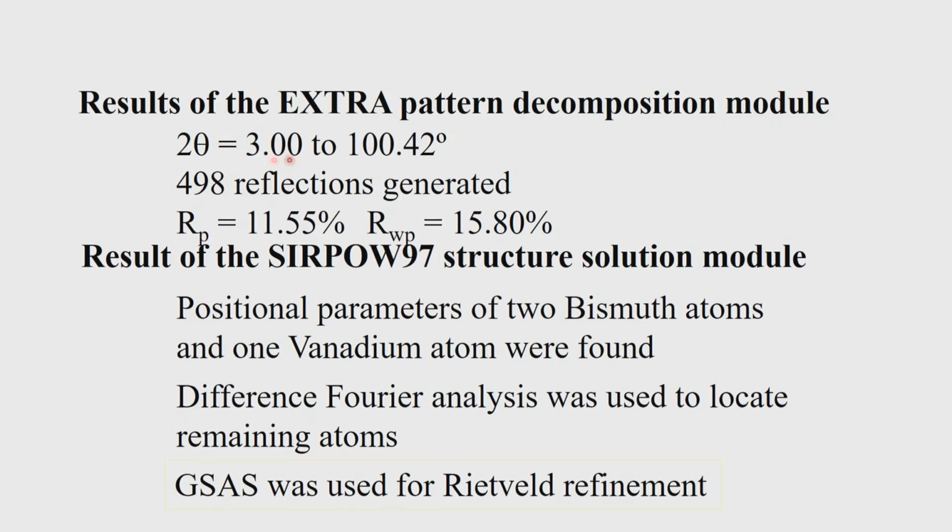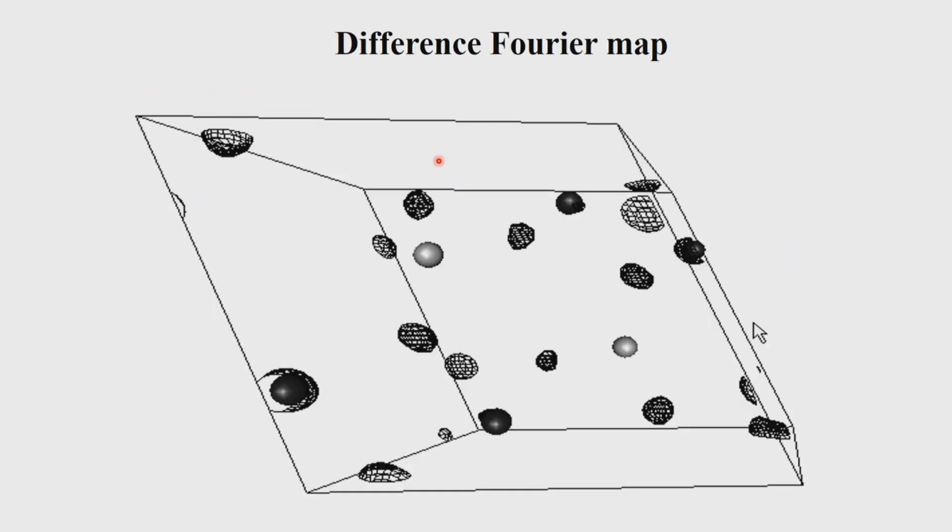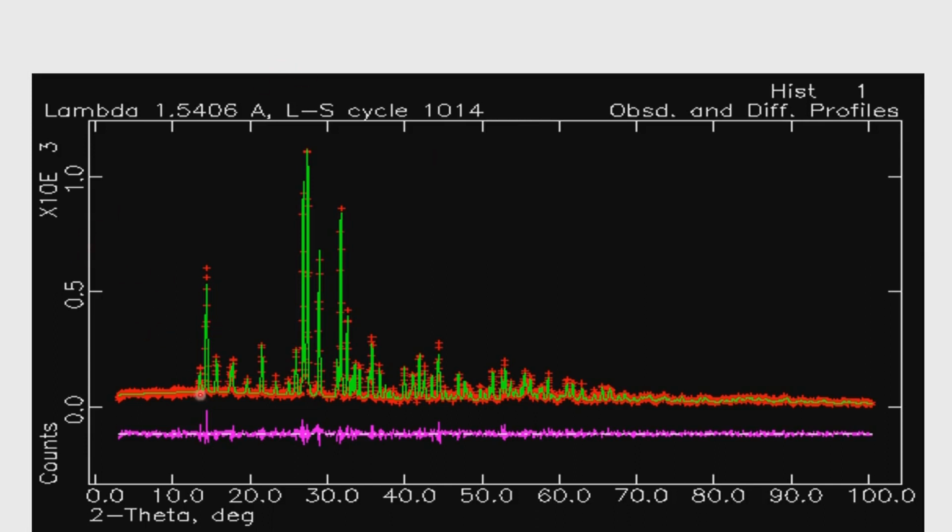This pattern decomposition is done in the following way. We consider the data from 2 theta 3 to 100.42 degrees, on a particular compound for which we have collected the data. I think the picture of that is somewhere here. So, this green line is the powder diffraction pattern of a compound. This is bismuth vanadate, but a different kind of bismuth vanadate. It's not a direct bismuth vanadate, it's a substituted bismuth vanadate, a compound for which the structure was not known, and you see it's a very complicated pattern. In fact, it indexes as a triclinic system.